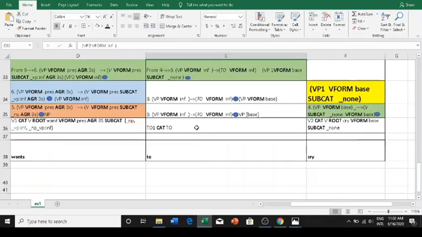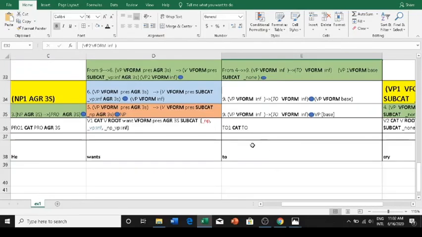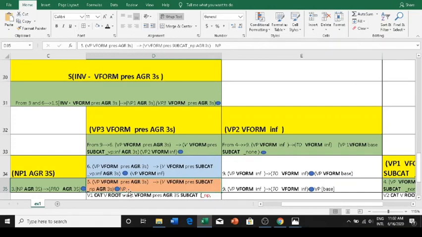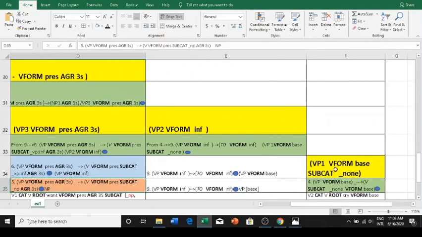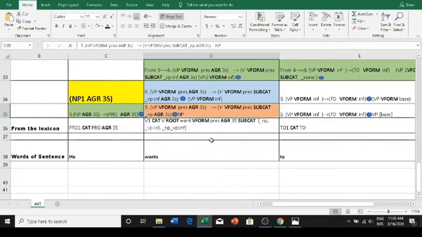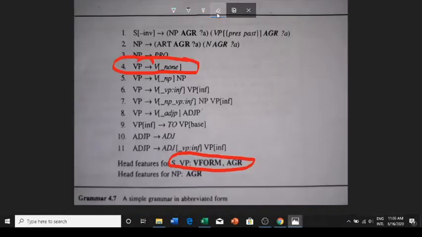Okay, now we will see whether the thing that we got from here can help us in proceeding with rule number 5, which we left halfway, right? So if you see here, in case of rule number 5, we need an NP, not a VP, but there is no chance of getting an NP from any of the right hand side sections. Alright, so we should think whether it was actually rule number 5 that we required here or some other rule. Okay, so we are going to see whether any other rule can get us to proceed further.